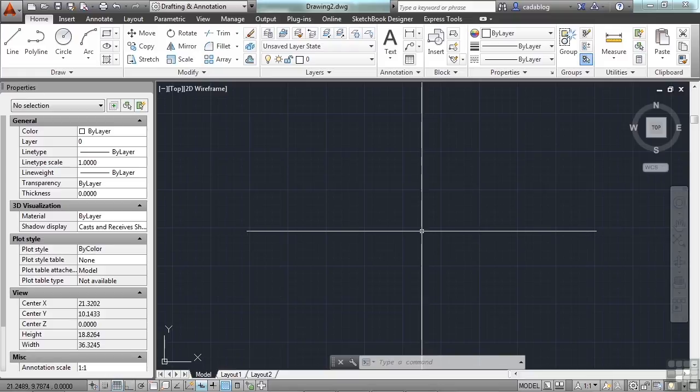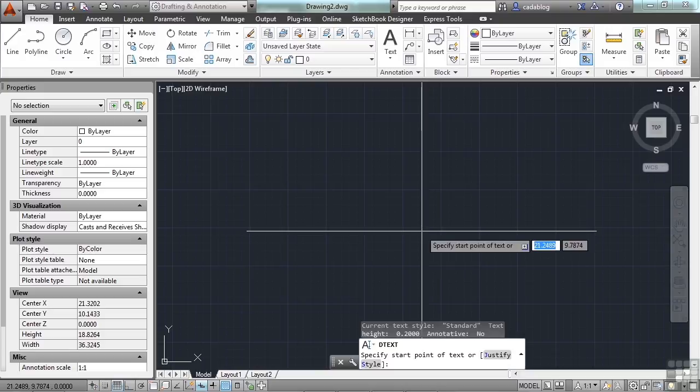The other main form of annotation in AutoCAD is text. Text is used to label objects, to put in notes, title blocks, and a lot of other different instances throughout your drawings. There are two main forms of text: single-line text and multi-line text. Multi-line text has mostly replaced the use of single-line text, but there are still places where single-line text may be better. To create single-line text, type in the word